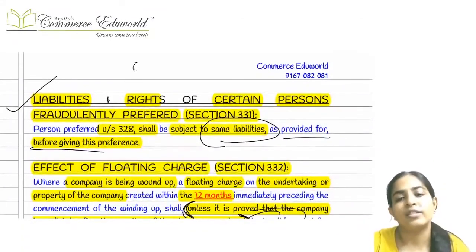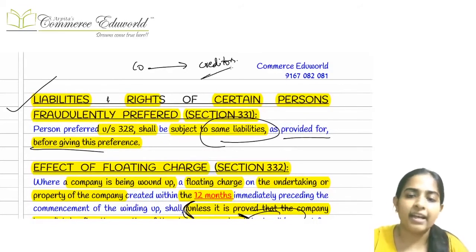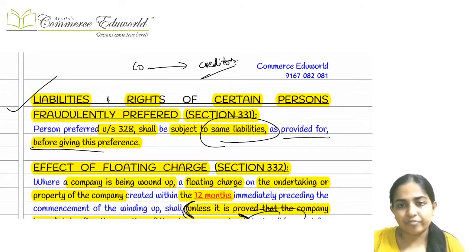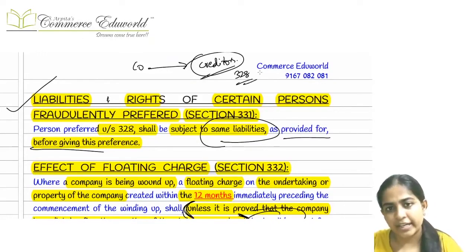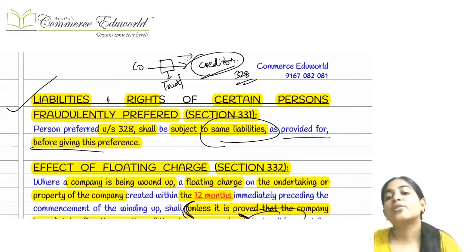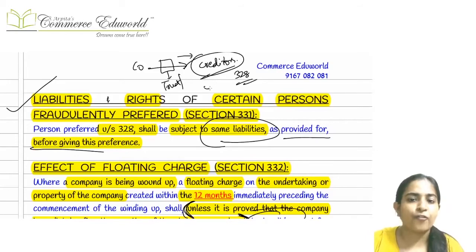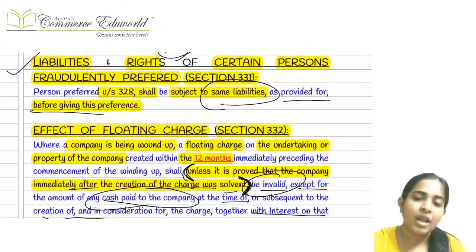Okay, now suppose the company wants to transfer any assets. See, we have already studied that the company cannot give any preference to its creditors. Now, if it is done in the ordinary course of business, then there is no problem. But if it is not done in the ordinary course of business, and it wants to give the preference to the creditors, then that was totally prohibited as per section 328. So the company devises another method. The company transfers the assets or the money to a trust, and then the trust gives it to the creditors. So they say that this is also not allowed. First of all, fraudulent preference is not allowed, and you cannot even involve any trust in between, and you cannot pay to them also.